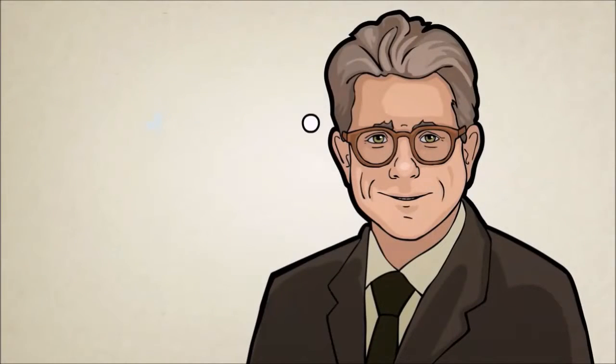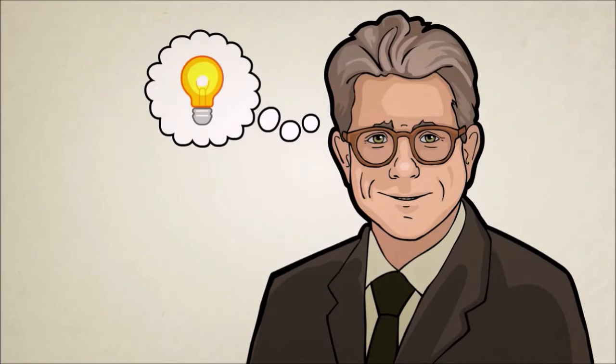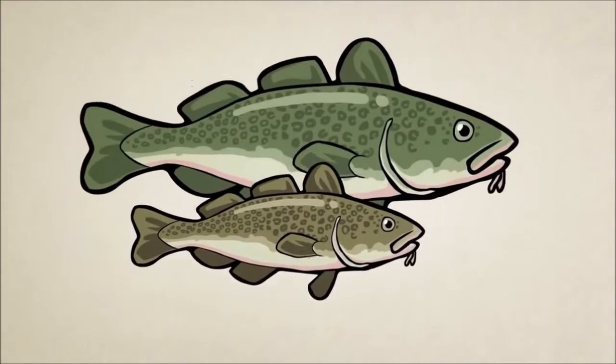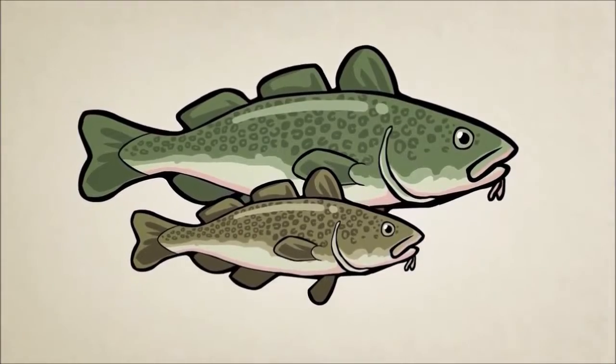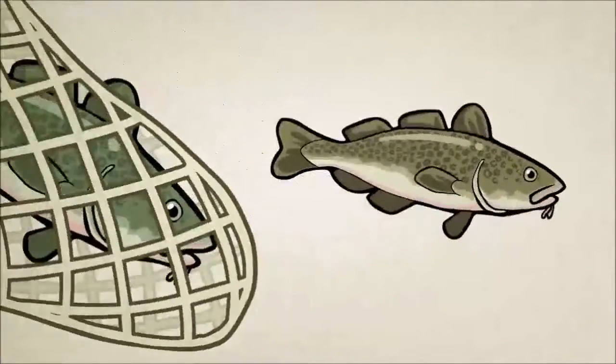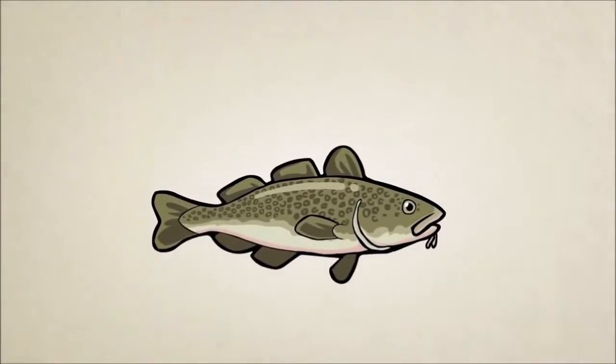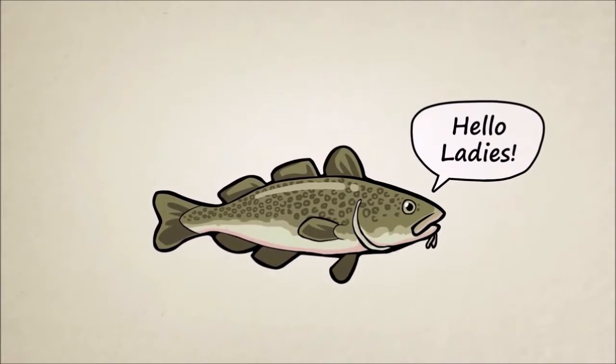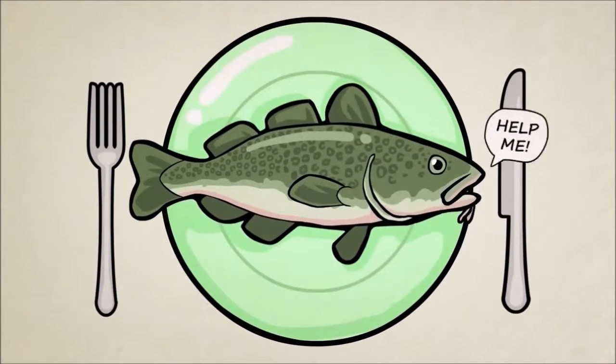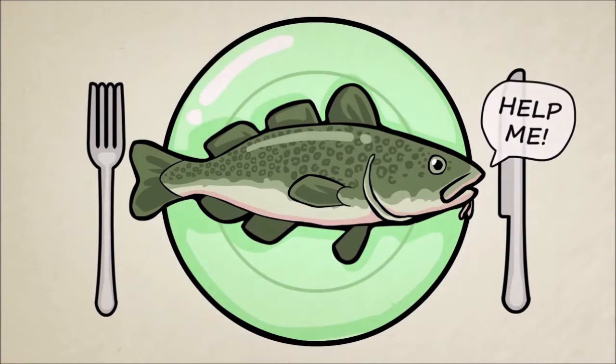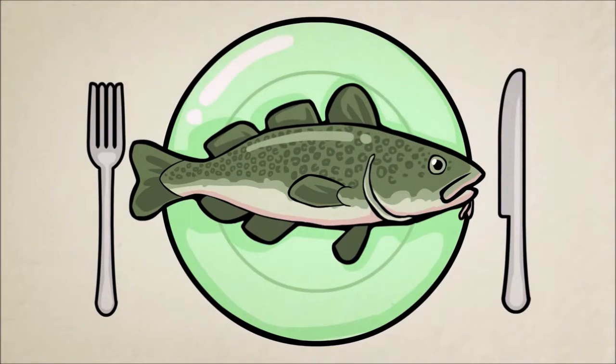Biologist Dr. David O'Conover wondered if maybe our fishing policies were causing fish to evolve smaller body sizes. It is true that small fish are usually young fish, but adults can come in small sizes too. If the small adults are busy making babies, while many of the large adults are busy being dinner, the traits for small body size are much more likely to be passed on to future generations.